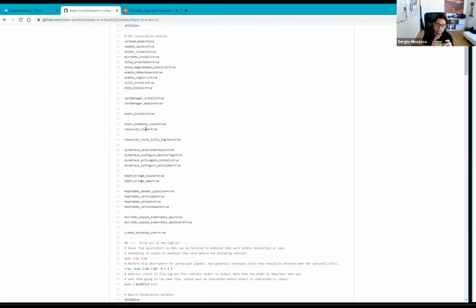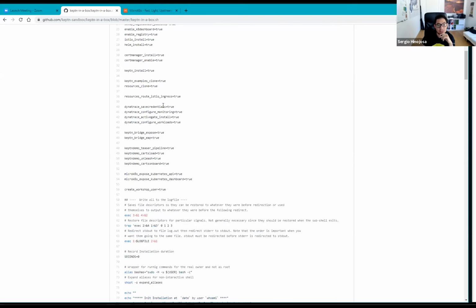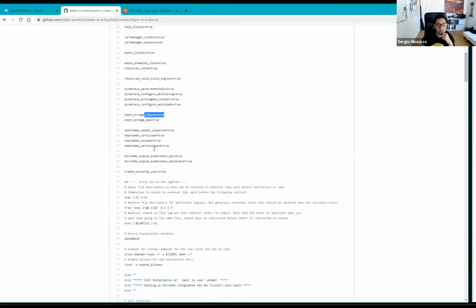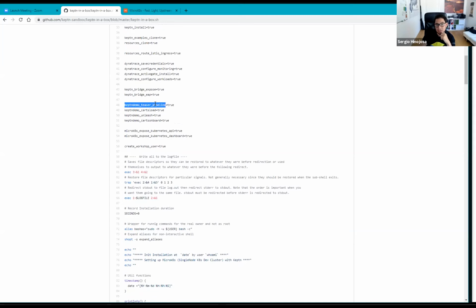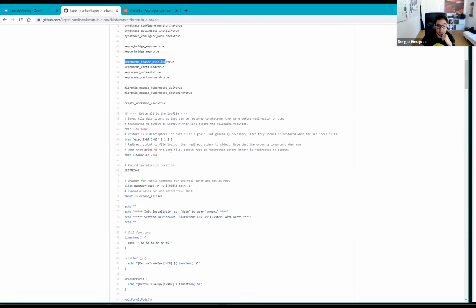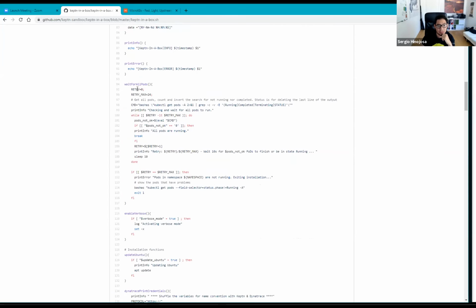So how we are exposing with the Nginx ingress, making the mapping to Istio and, at the end, to the Keptn services, right? Dynatrace configuration. We're storing the credentials in a file. We're configuring the monitoring, configuring ActiveGate. We're exposing the bridge, deploying the teaser, which is just the pod that we're putting at the main domain, right? And that's it. And then here are all the actions that